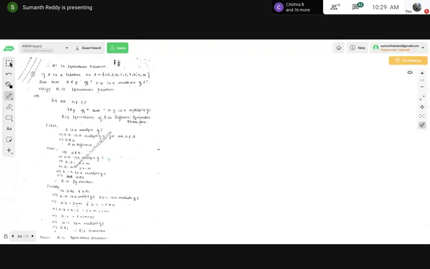And this last problem is similar to the first problem. In the first problem, what I have done is: a is congruent to b modulo n if a minus b is a multiple of n. Actually, instead of that, here he is directly asking you the multiple relation. Even in congruence modulo n, we are checking if a minus b is a multiple of n. So here, instead of congruence modulo, he has given x minus y is a multiple of 5. So this problem is similar to the first problem. If you see this, you can understand, but anyhow, I'll explain it once.